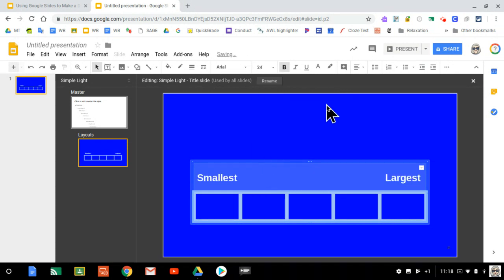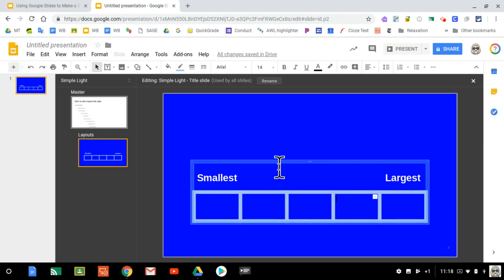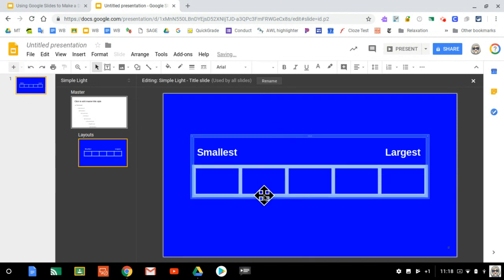Yeah, okay. So now we have a table that goes from smallest to largest, and people can sort. I think I want to move this up a little bit higher so that we have some space for the little things later. So here this is. And I might want to put in